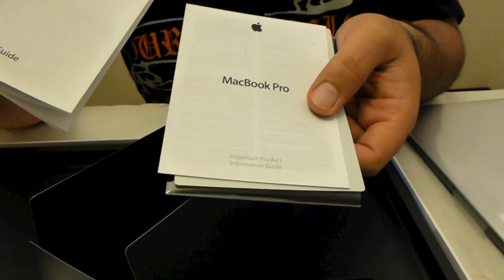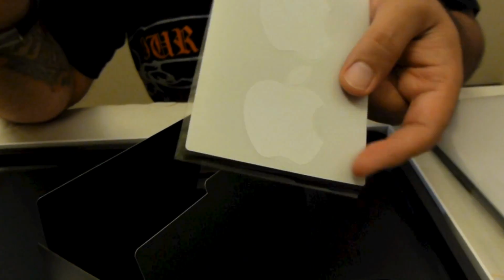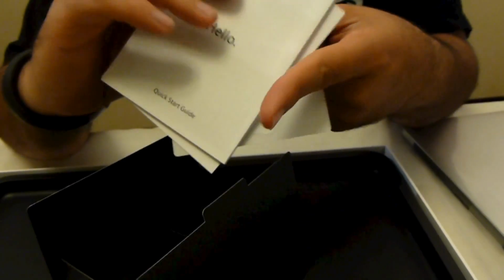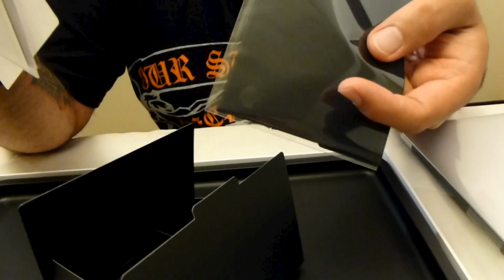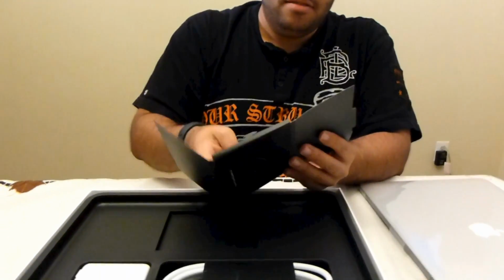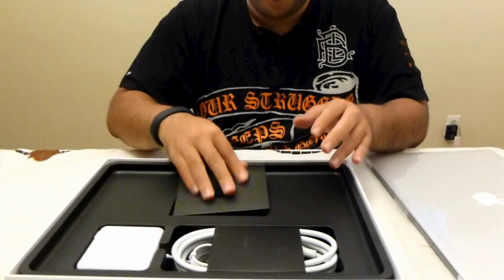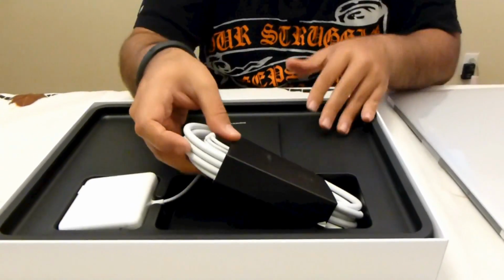Quick start guide, important product information, a couple of Apple stickers, which you can throw on your car or anywhere else, I guess, and a screen cleaning cloth. That's what's in the black envelope. Put all that back in. And the only other thing you're going to find in here is the